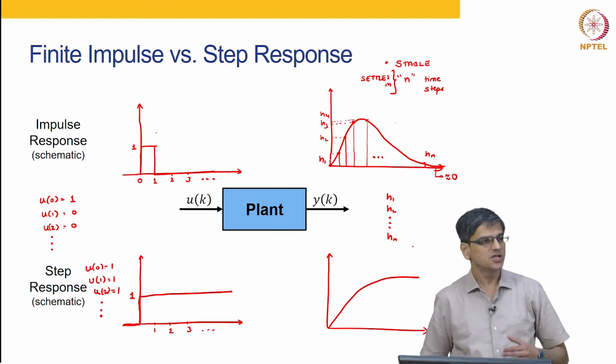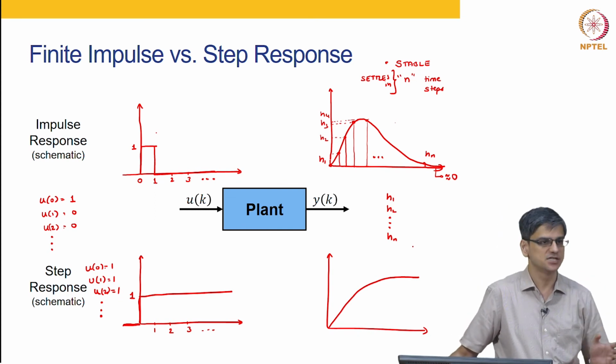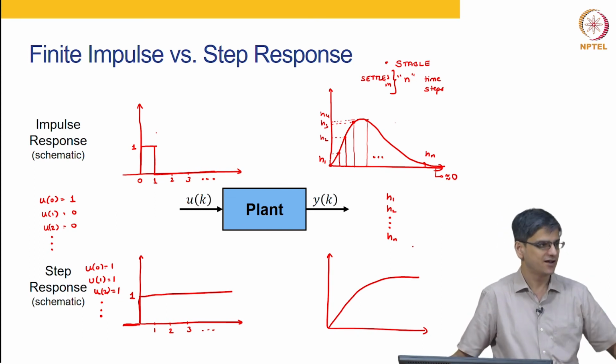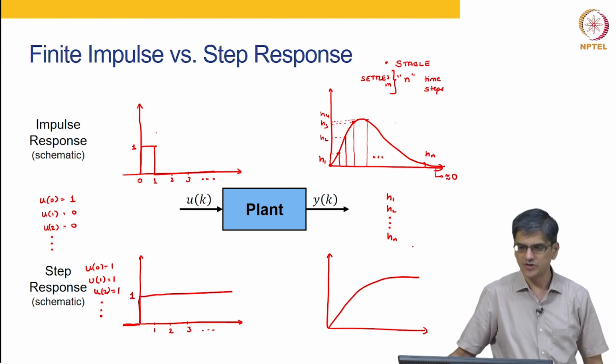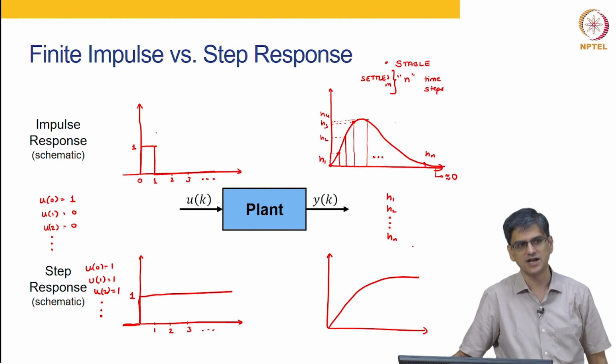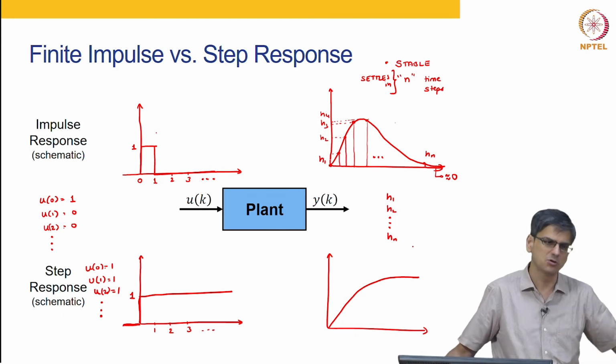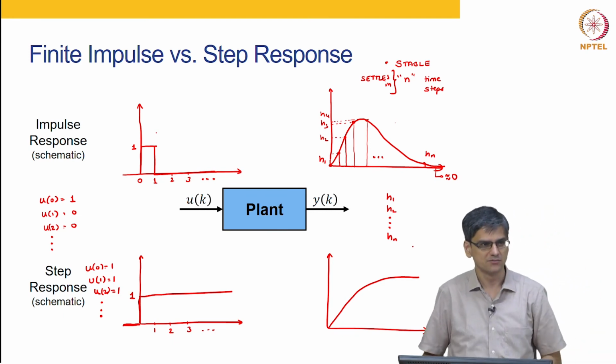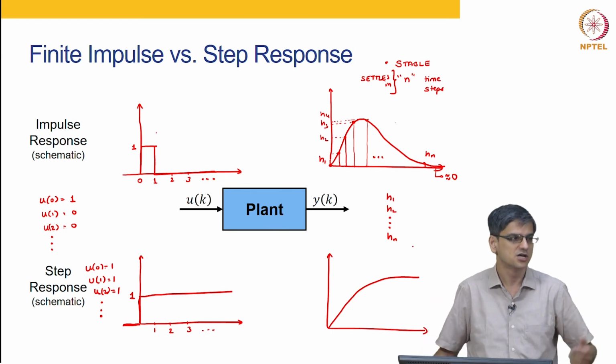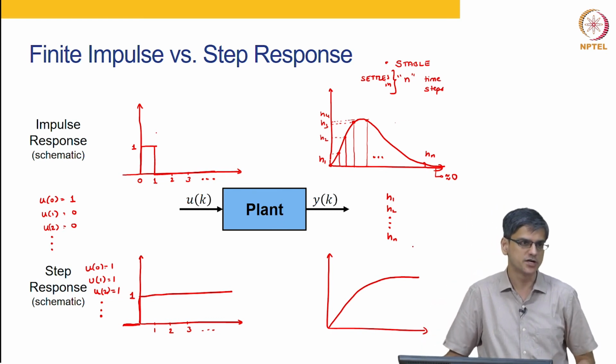Hn plus 1, Hn plus 2 will not be exactly 0. You have to decide what 0 is, whether you want to say 98% of the peak is 0, 95% is 0, what would be 0, you need to decide. It is never going to be exactly 0, it will be 0 after a really long time, because it is an nth order system. So, it would take a really long time for it to go to 0. So, we need to decide where we want to stop, that n.